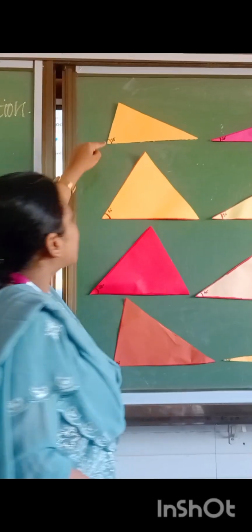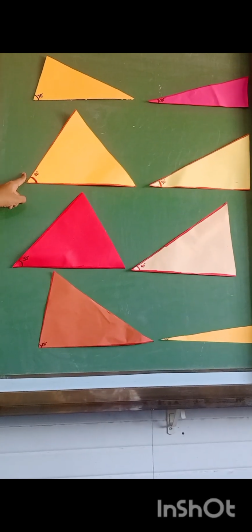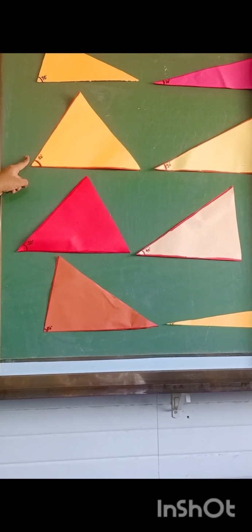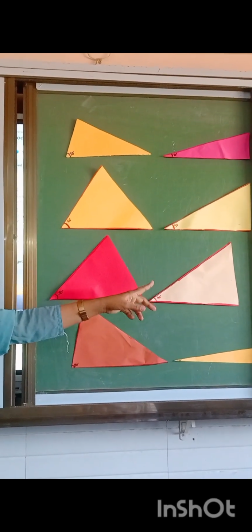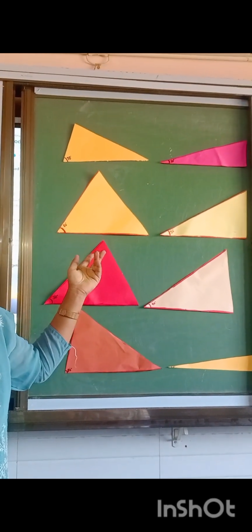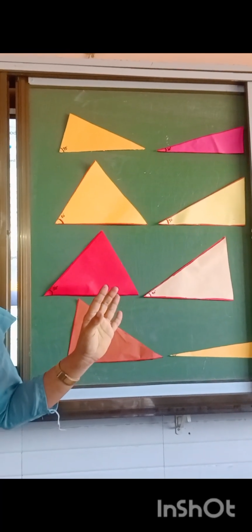If I take 70 and 60 degree angles, are they complementary of each other? No, because 70 plus 60 does not make 90. The condition is that the two angles should make 90 degree. Their sum should be 90 degree. If I say 60 and 40, are they complementary of each other? 60 plus 40 is 100. It is not making 90 degrees. So they are not complementary angles of each other.